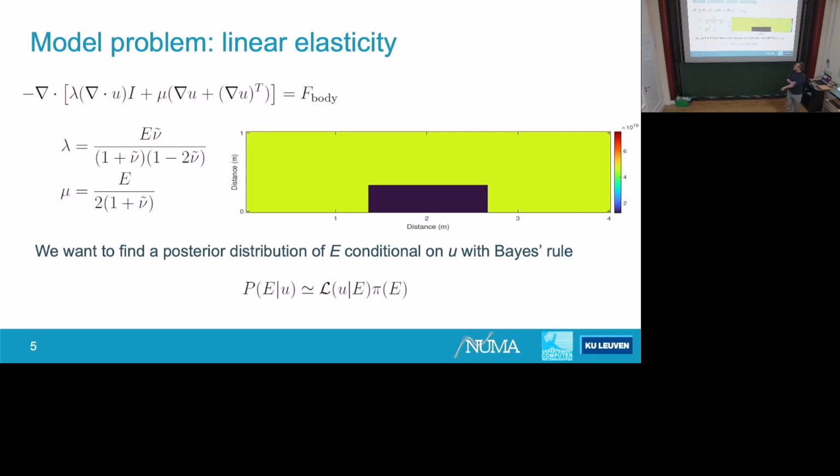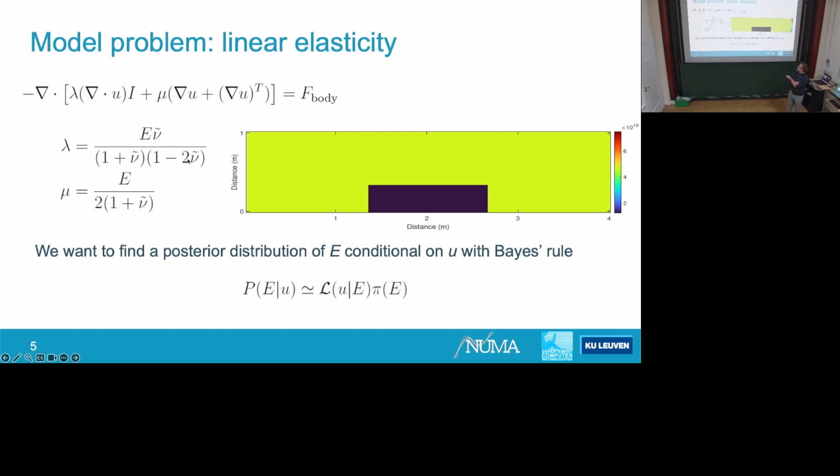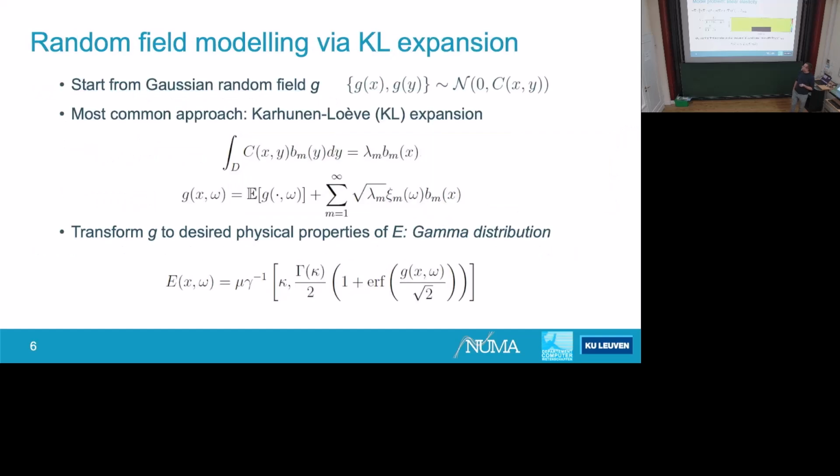Okay, so the problem here is linear elasticity. Those are the equations. There is a Young's modulus, E, and there's a Poisson ratio, nu. We want to find the posterior of the Young's modulus given the model that we have and some measurement data. What we will assume is that the measurement data is either full field in this situation, which means we consider the bridge to be 2D and to have taken a photo, or we consider line data on the boundary, which is equivalent to the setting I described of having a line sensor on the edge of the domain. Those are the two settings we will consider.